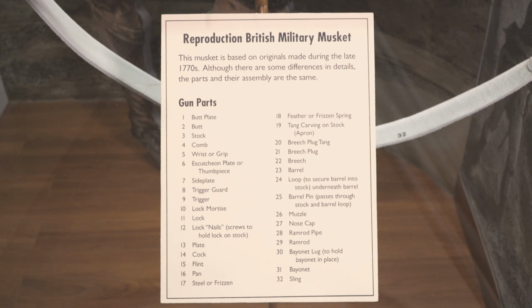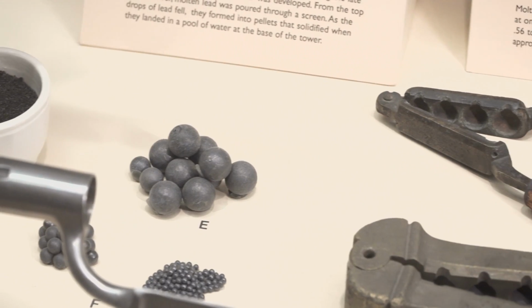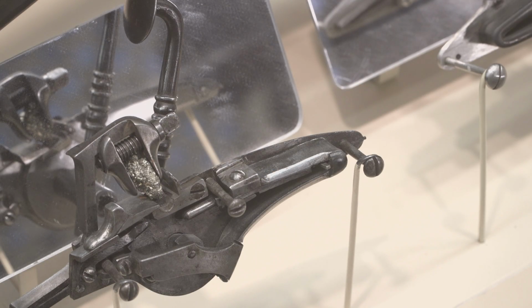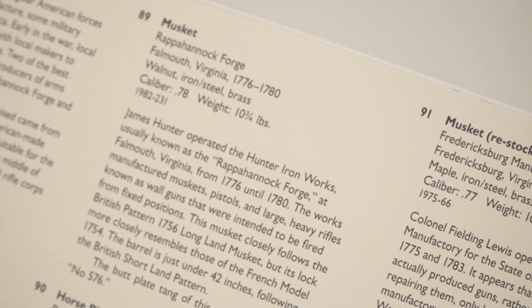From there, we morph into a technological progression of ignition systems. Muskets in the period fired using flint and steel or something similar involving fire igniting gunpowder. And between the beginning of the 17th century and the end of the 18th century, how a musket was ignited changed drastically. So after we go through the different ignition systems, we come to the lineage of the Brown Bess